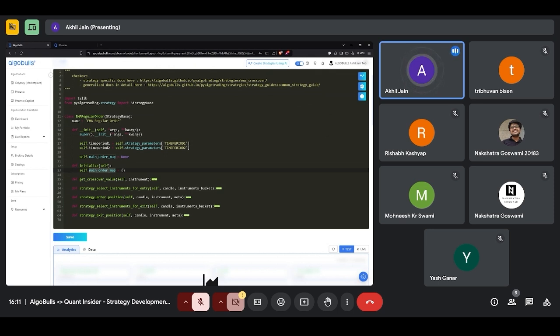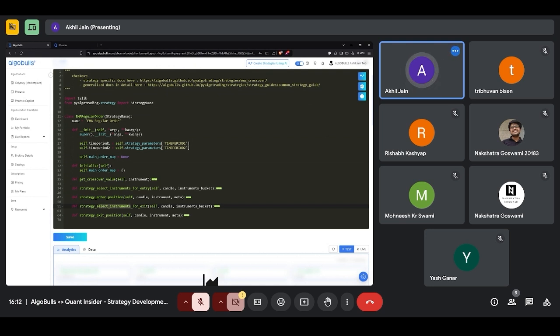Now, apart from init and initialize, which are mandatory methods, we have four other methods: entry, two of them, and exit, two of them. In this one, we just select whatever we want for entry, and in this one, we just select whatever we want for exit.